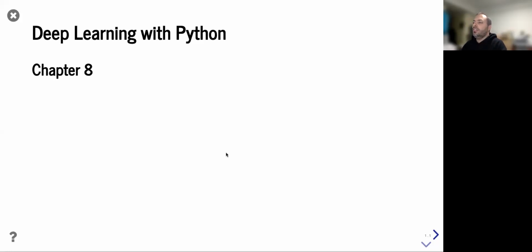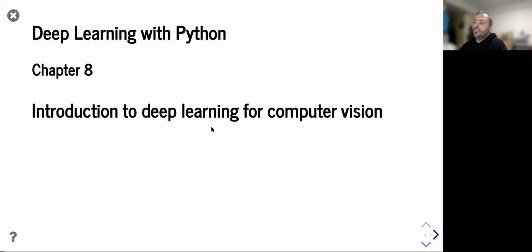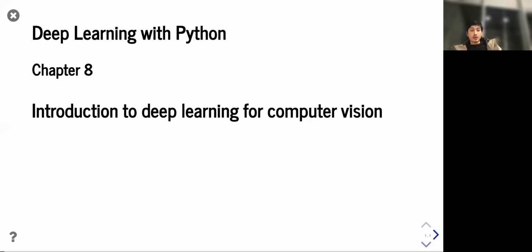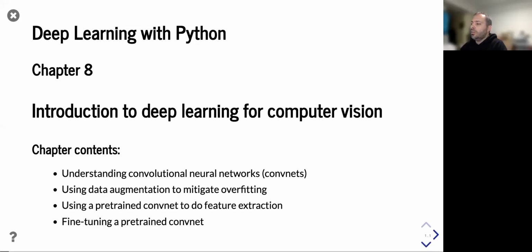Deep Learning with Python. My name is Dimitris, and this will be chapter 8 of the book. So, introduction to deep learning for computer vision. More or less what the title says. We will go through the introductory things regarding computer vision, and in the next chapter, we will go a bit more in depth. So, in this chapter, we will see the convolution networks, which is the